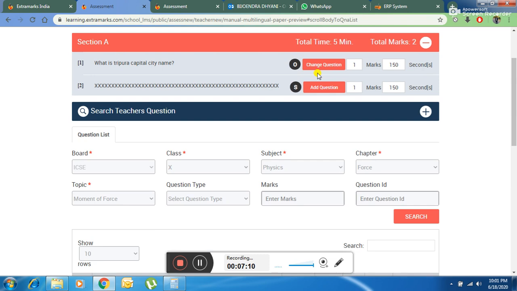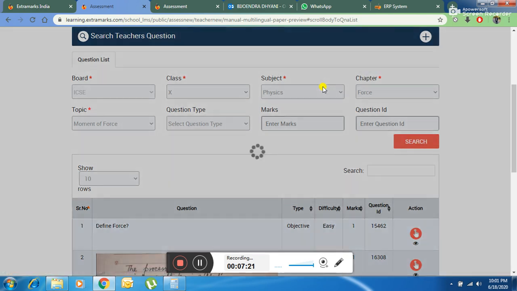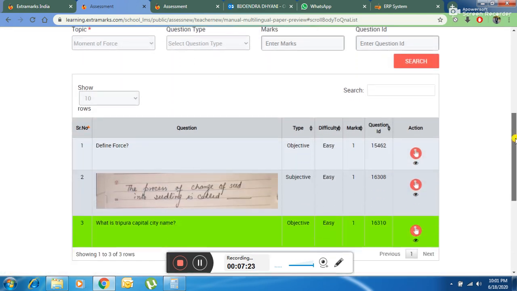Same way I will select subjective also. If you have given 10 questions, the same manner you have to click individual question, add question. So now I will add subjective one. Suppose again I will click add question and I will click on subjective. See, it's written subjective here, so I will click here. But suppose by mistakenly if I click on objective in subjective, then it will not accept.